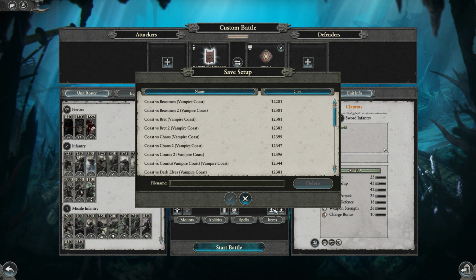I'm actually going to save this build, Skaven versus Coast, and I will try that in one of my future